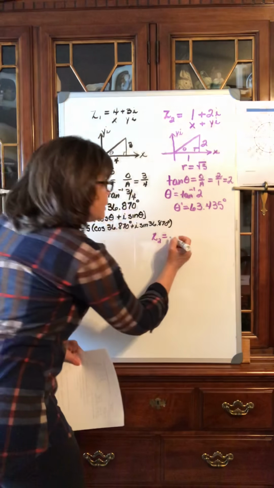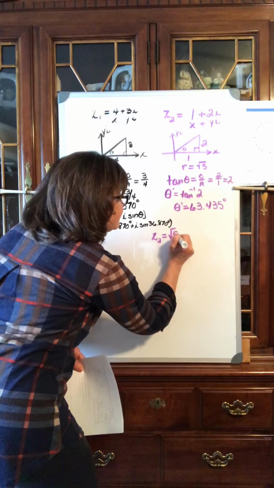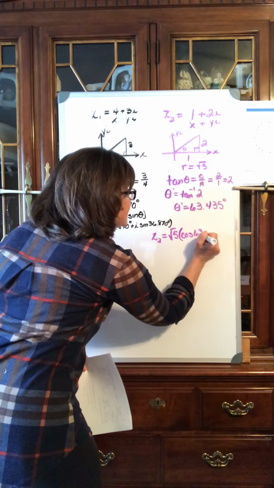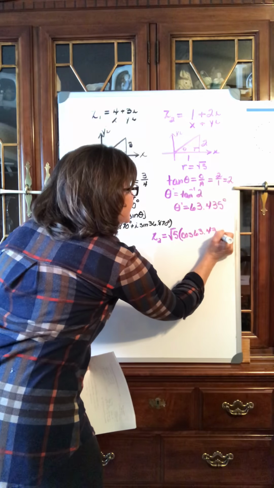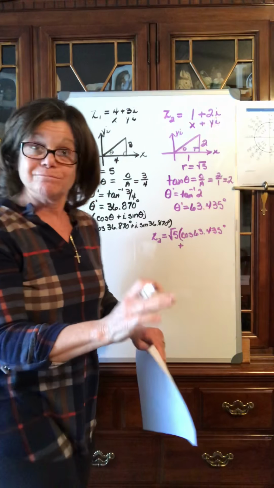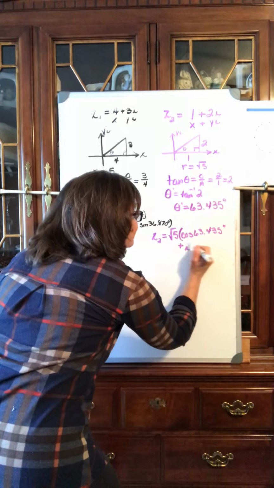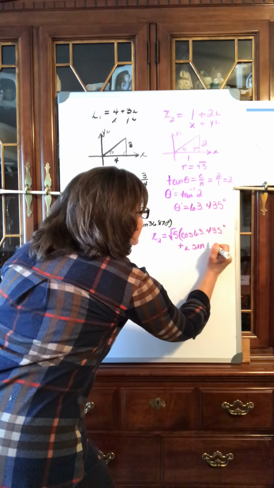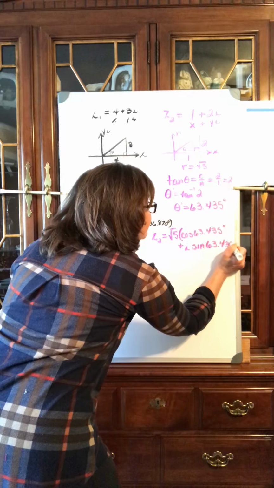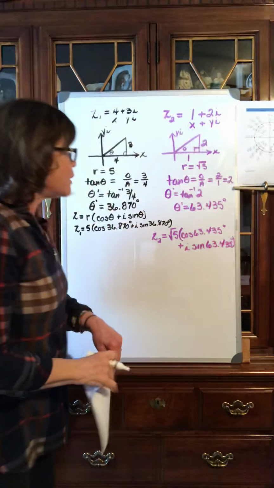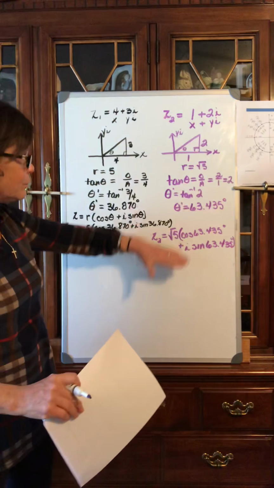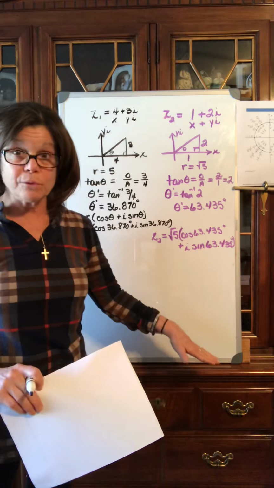It's r, which is the square root of 5, times the cosine of 63.435 degrees, plus, this should all be on one line, plus i times the sine of 63.435 degrees. So now I've taken my two complex numbers, again, review from yesterday, I put them into trig form,